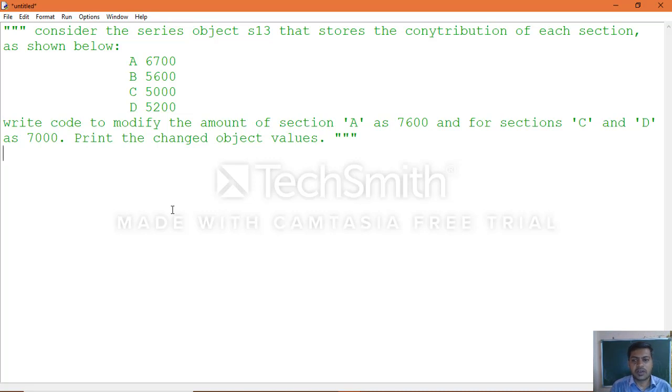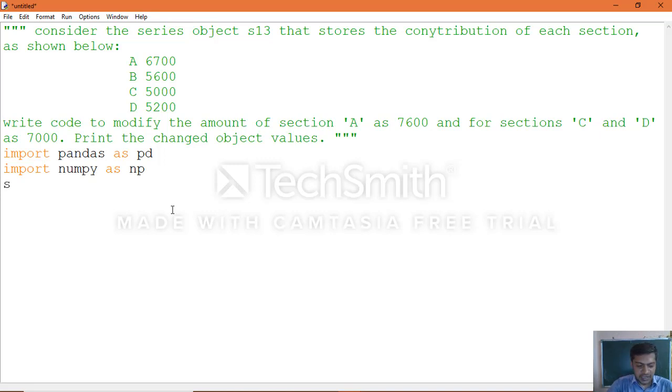Now we put the question in the form of a comment, a Python program comment. Now we'll write the actual program. Import pandas as pd. Import numpy is not required, but if you want, you can make use of the numpy module.